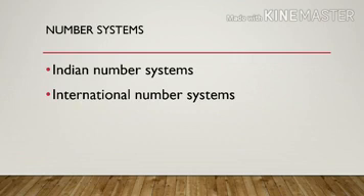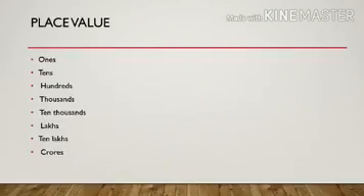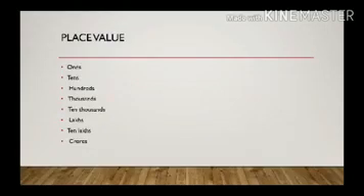For naming the numbers according to their values, we have two types of numeral system. One is the Indian numeral system, the other one is the international numeral system. Numerals means numbers. In both number systems, we use commas as indicators to read and write the numbers. There are only a few differences in both systems. In the Indian system, we use ones, tens, hundreds, thousands, lakhs followed by crores families.